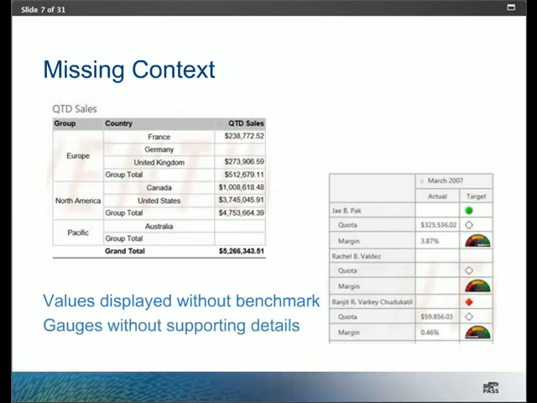So even if the dashboard displays comparative information that I need to see where we are, we can also fail to include supporting details. That can be a problem as well. So here I have gauges that do a little more than tell me that one salesperson's margin is in the green zone and another person's in the red zone, but I don't know how good the good is or how bad the bad is without some sort of scale. Now, of course, I could also argue that a gauge is probably not the best type of visualization for this information also, but we will save that for a later point.